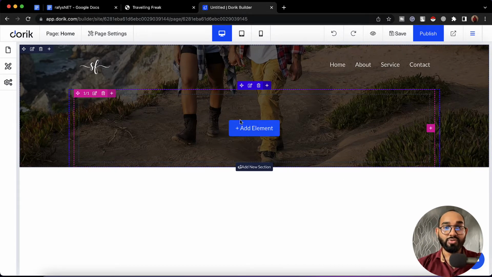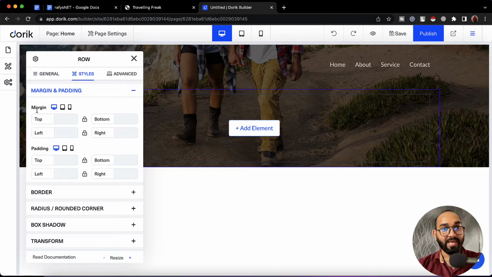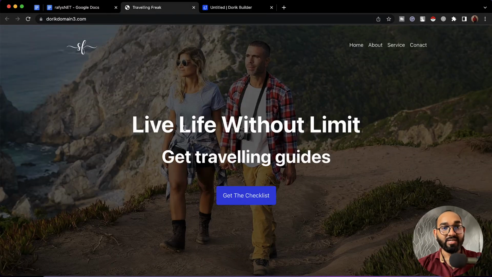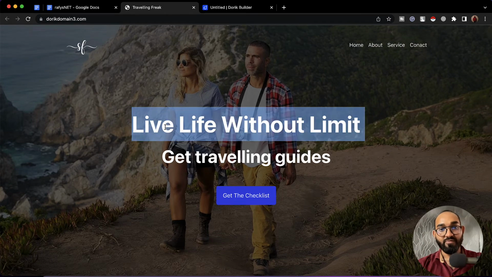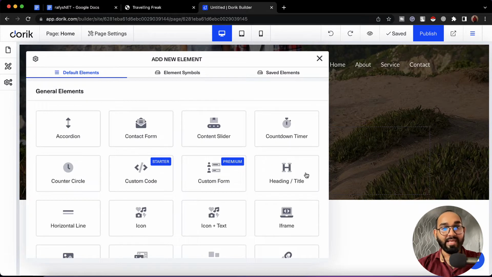Now what I'd love to do, I'd love to add a space here. So let's click on edit row style. From styles, I'm going to give a margin top of, let's say, 100 pixels. And after that, I'm going to start adding the content, which is the first one, H1, the second one is H2. So first of all, I'm going to copy the H1 text from here, and let's go back. After that, from the add element button right here, I'm going to click, and then we're going to select the heading or title option